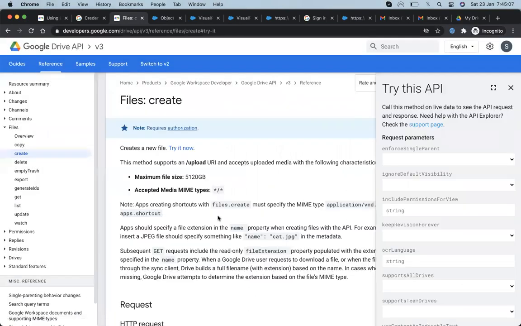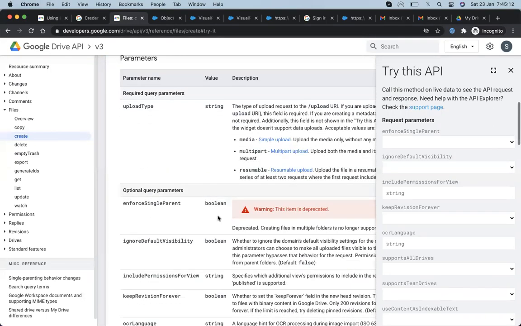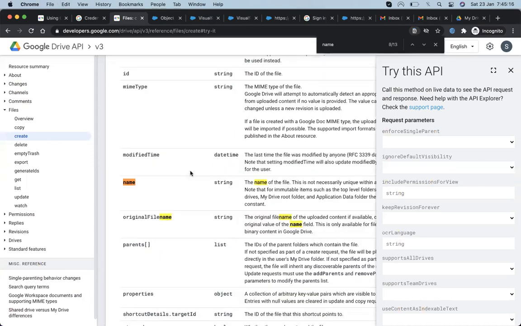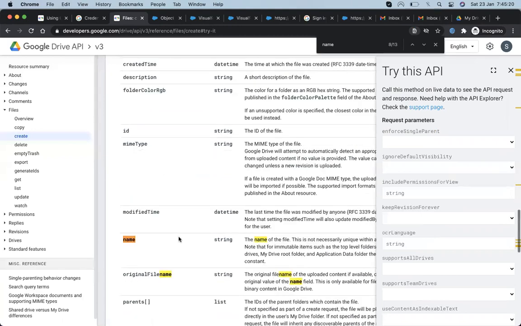Yeah, it's okay, man. We need to do some research on how we can give the name of that file. Yeah, there is a property called name in the request body.